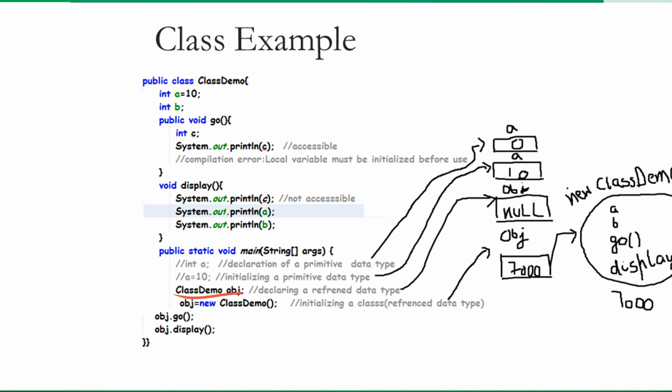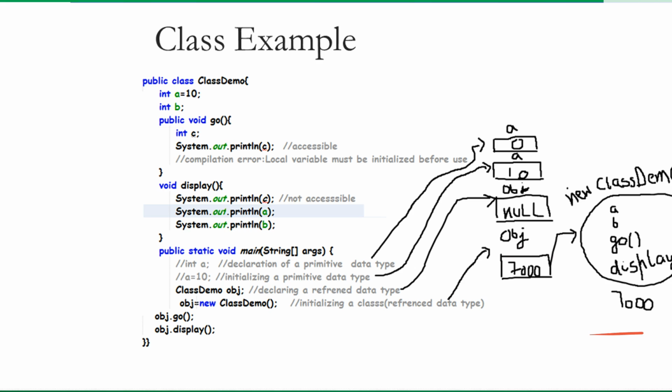Now after that I have declared a variable obj, which is a reference, not our object. It is just a reference which is getting memory at stack and initialized with null. All reference data types have by default a null value. And after that I am initializing it with new class Demo. So new class Demo is basically our object which is created at heap, because all the objects get memory at heap at runtime. And obj is a reference which gets memory at stack, pointing to an object located at heap. Now it is clear.